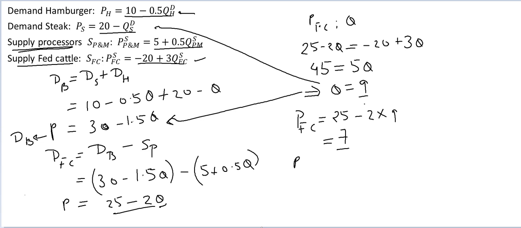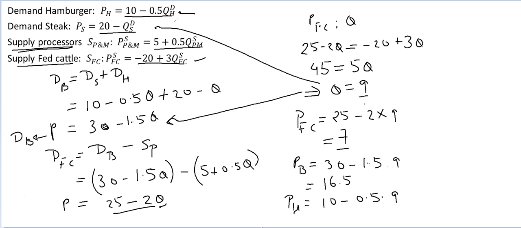What is the price of beef? It is simply going to be 30 minus 1.5 times 9, so plugging the Q right over here, and then this equals 16.5. What is the price of hamburgers? It is going to be 10 minus 0.5, so it's just this one right over here, times Q, and Q of course is 9. So this equals